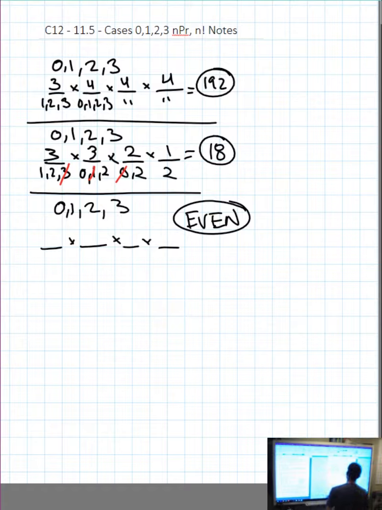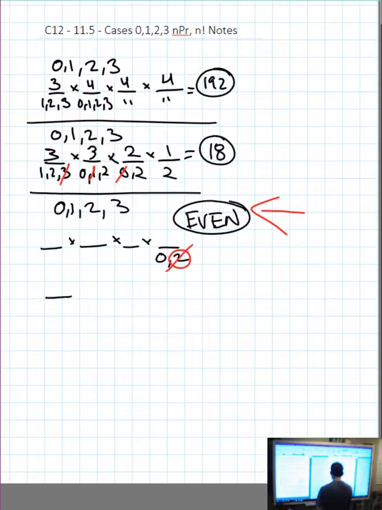But we need to start thinking about this. What does this even mean? This big word staring us in the face, even. What does that mean? Well, the last number of 0, 1, 2, 3 can be a 0 or a 2. So I can have a 0 or a 2 last. But if I use the 2 last, I still can't put the 0 first, which means that we're going to have cases. So, one case with the 0 last and another case